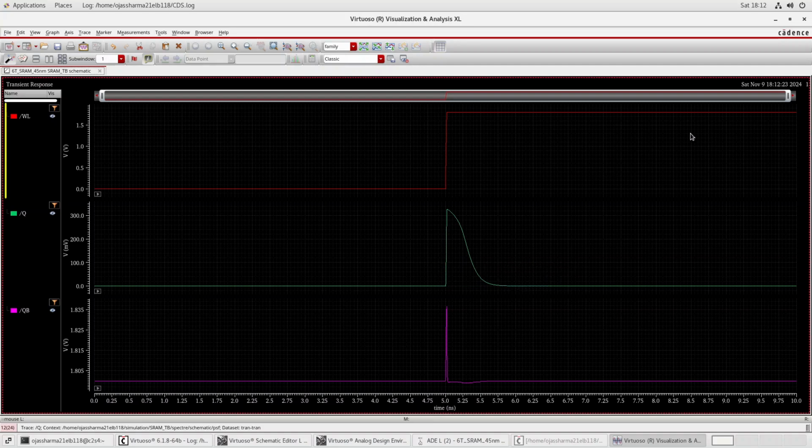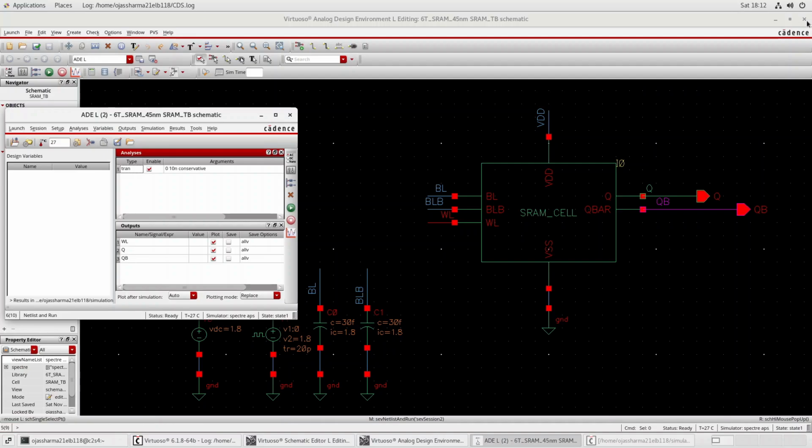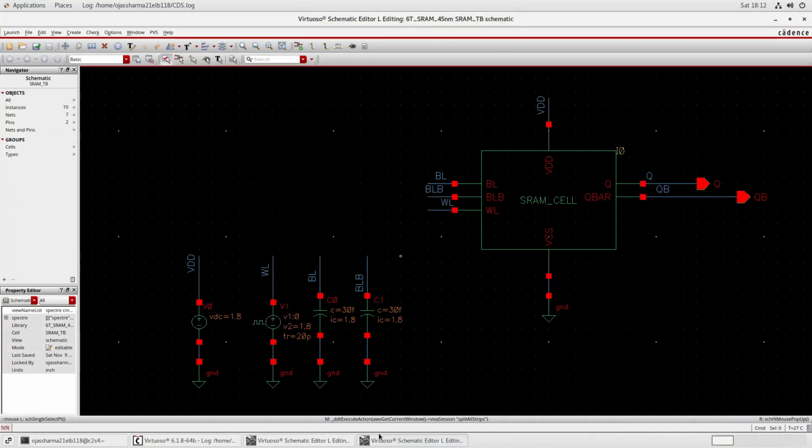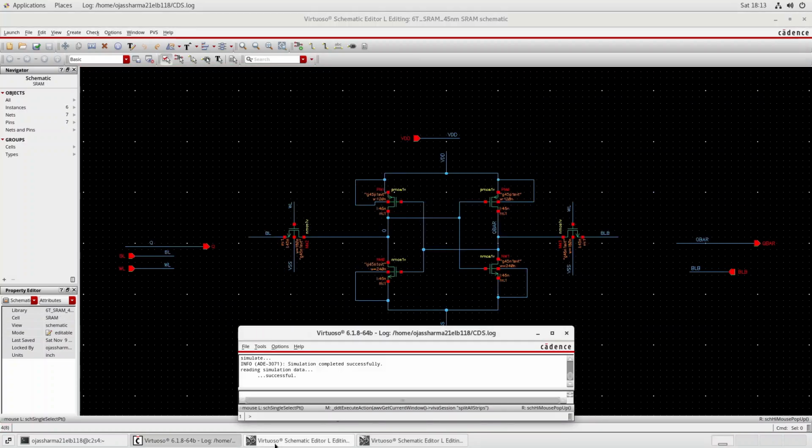Okay, so these simulations are correct right now. I don't want to save this right now. I have already one saved. So moving ahead, we will be performing the layout, for which